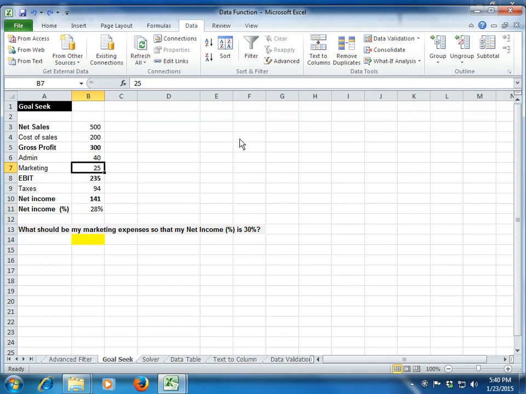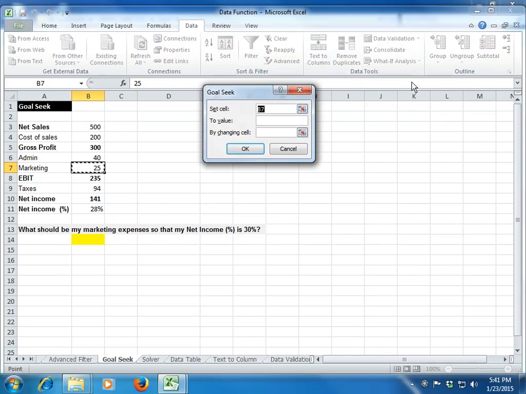So let's see how we use this Goal Seek function to calculate my marketing expenses so that my net income is 30%. Again, I go to my Data tab, I go to What-If Analysis, and I click on Goal Seek. A dialog box appears. It says Set cell. Which cell do you want to set?